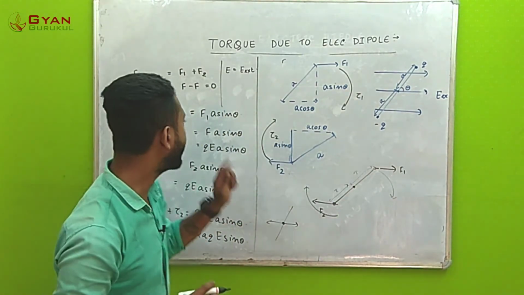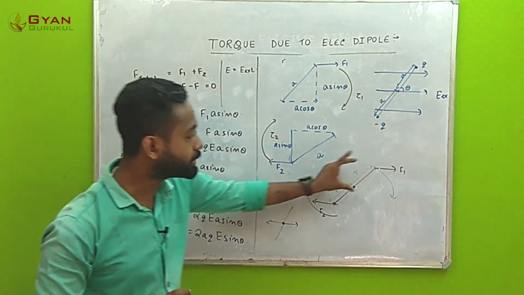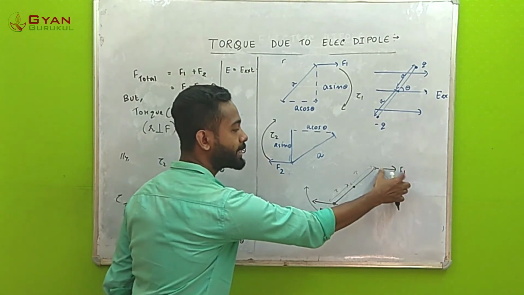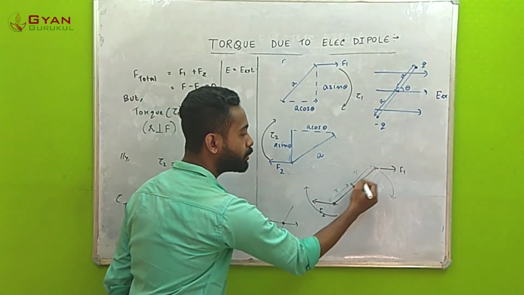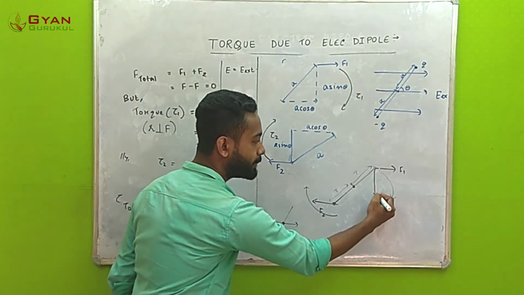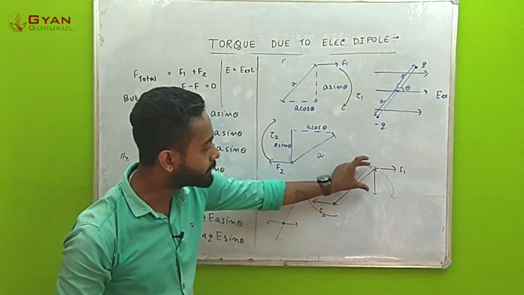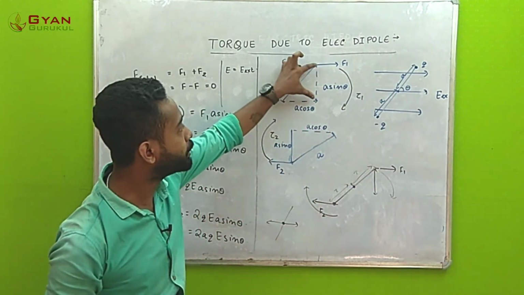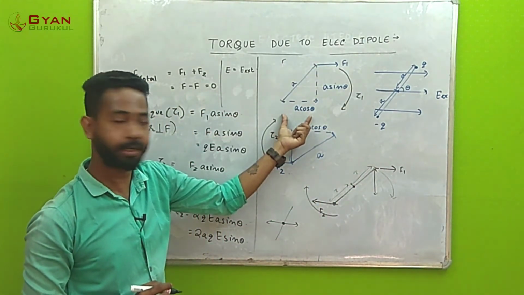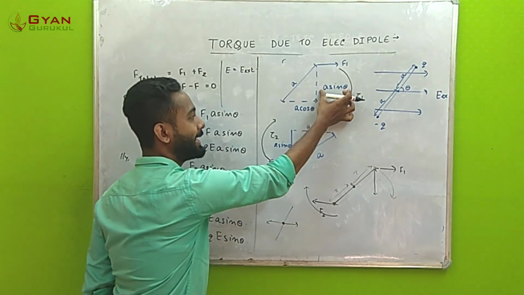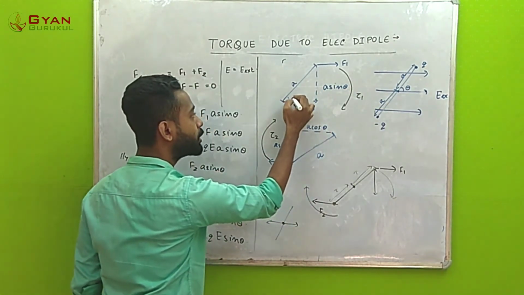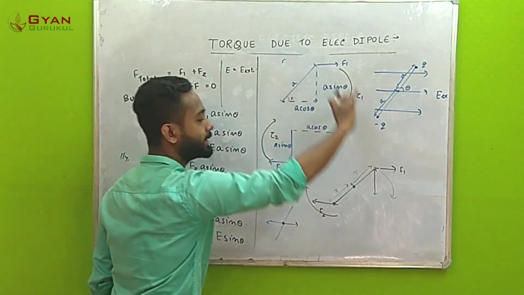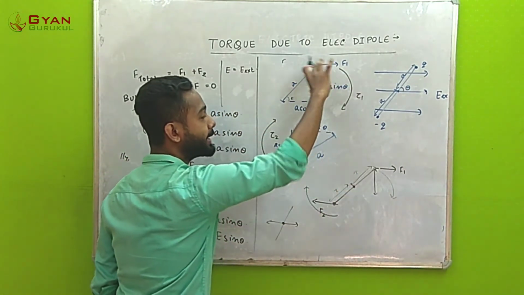So if I now need to write down the expression for torque, I need to take the perpendicular distance. This A is not the perpendicular distance for force F1. So if I need to take the perpendicular component, that component would be this one, right? This is the perpendicular component of the distance according to this force F1. As you can see from the figure here, that component is given by A sin theta. How can you know it? Because this angle was theta. So if you resolve it, this part would be A cos theta, this part would be A sin theta. So that perpendicular component is A sin theta.